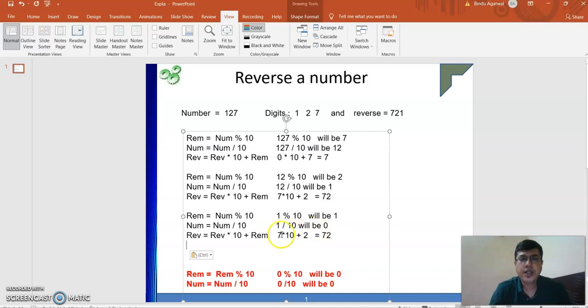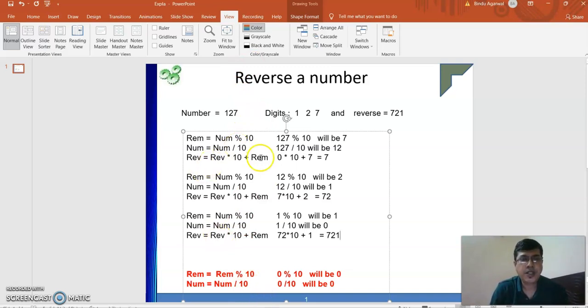Now rev is equal to 72. This will be 72 multiplied by 10 plus 1, which is 720 plus 1, that is 721. And now we reach num equal to 0. Each time we are doing it, num finally becomes 0 after 127, and we stop.